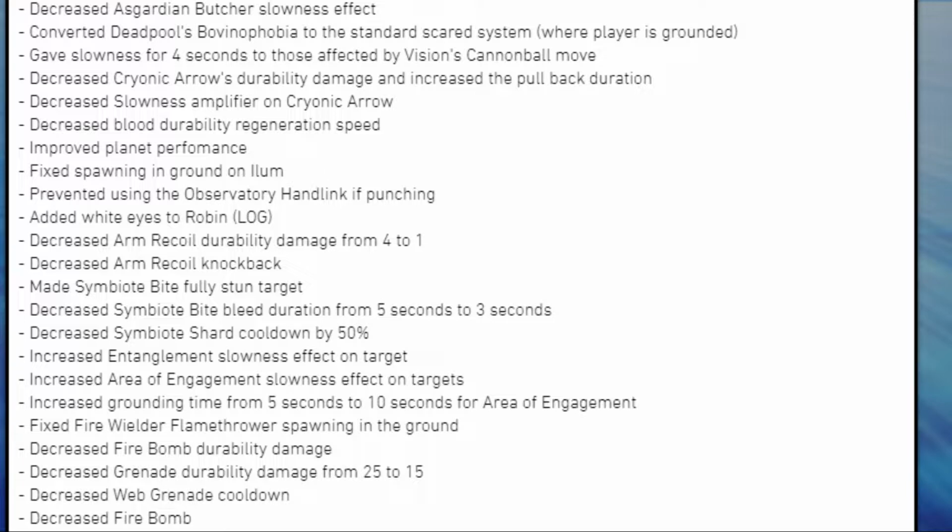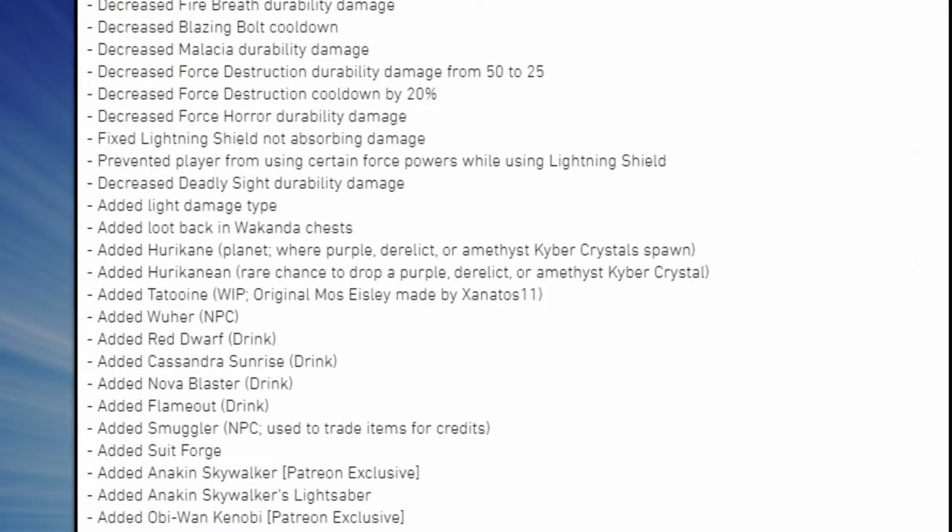made Symbiote Bite fully stun target, decreased Symbiote Bite bleed duration from 5 seconds to 3 seconds, decreased Symbiote Shark cooldown by 50%, increased Entanglement slowness effect on target, increased Area of Engagement slowness effect on targets, increased grounding time from 5 seconds to 10 seconds for Area of Engagement, fixed Fire Wielder flamethrower spawning in the ground, decreased Firebomb durability damage, decreased grenade durability damage from 25 to 15, decreased Web Grenade cooldown, decreased Firebomb, decreased Fire Breath durability